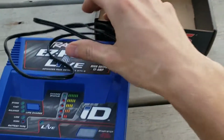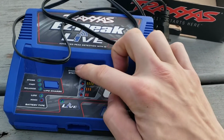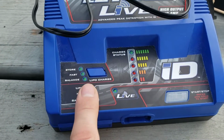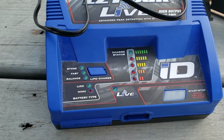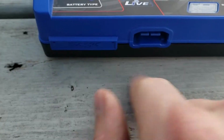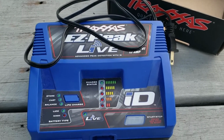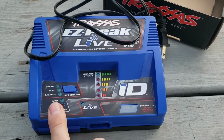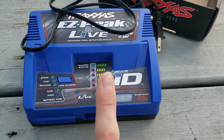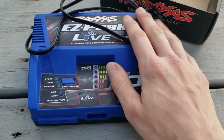It gives you a little indication here of where the battery's at when it's charging, and then when it's done, the green light will come on. It will do storage, fast, and balance charge, and you can switch also between the LiPo and nickel metal battery. And then you get your start button here, and then behind here you can do your 2, 3, and 4 cell LiPo batteries as well on the old ones. I believe the new ones, you just plug it into the slot and it takes care of it on its own. But if you have a Traxxas battery or multiple,